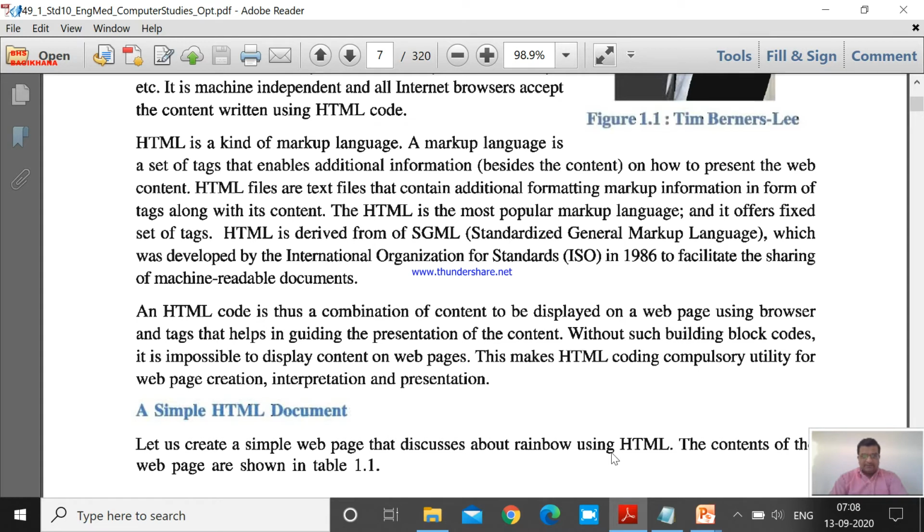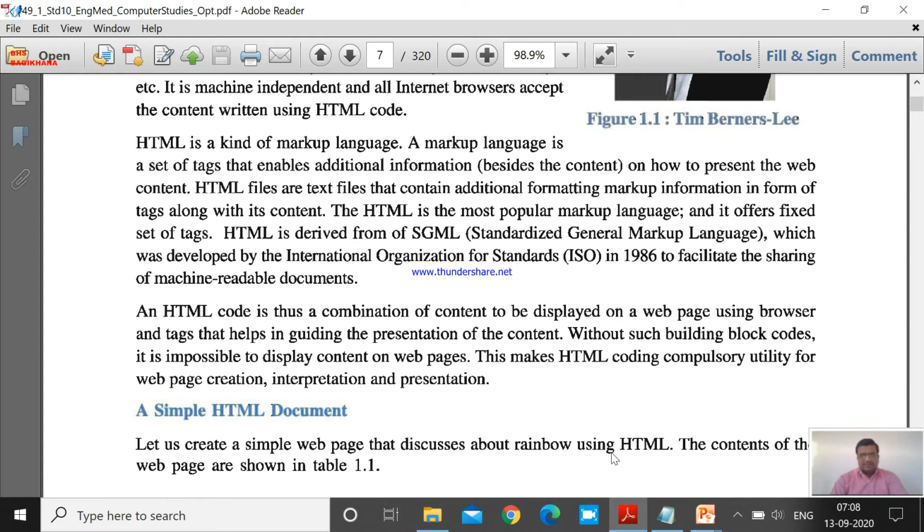HTML is derived from SGML, Standardized General Markup Language, which was developed by the International Organization for Standardization, ISO, in 1986 to facilitate the sharing of machine readable documents.